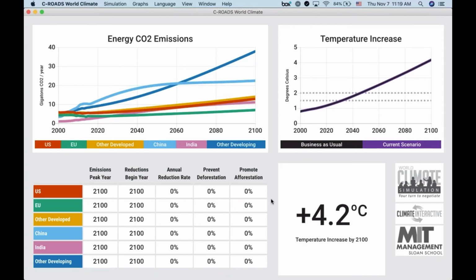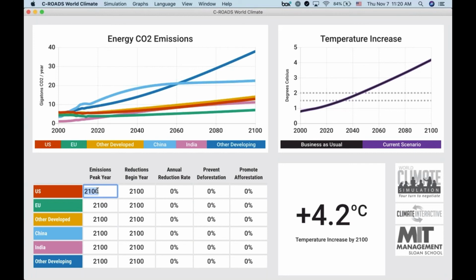So this is what it looks like when you open it up for the first time. You'll notice this table here on the bottom left looks exactly like that proposal summary form. As I mentioned, there's not that climate finance aspect of it here. That last part is mainly a negotiating tool between your teams. But the other tables are available here. So let's say we're looking at the 6-region version. This is where you'll input some of these proposals, and you'll put them all here, and you'll notice that these graphs will start to change, the temperature increase will start to change. So for example,